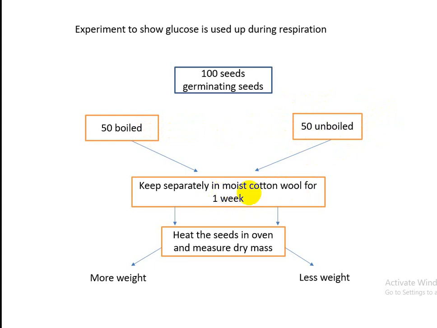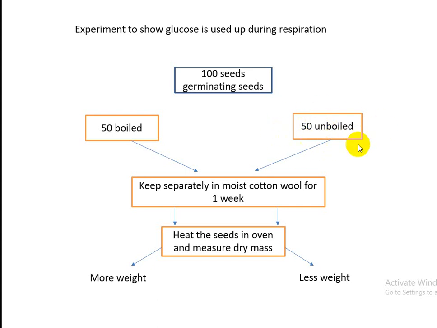The idea is that within this 1 week, the unboiled seeds will continue respiration and the 50 boiled seeds will not continue respiration. And after 1 week, we are going to heat the seeds in an oven and measure their dry mass. It will turn out that the unboiled seeds will have a lower mass than the boiled seeds. Why? Because